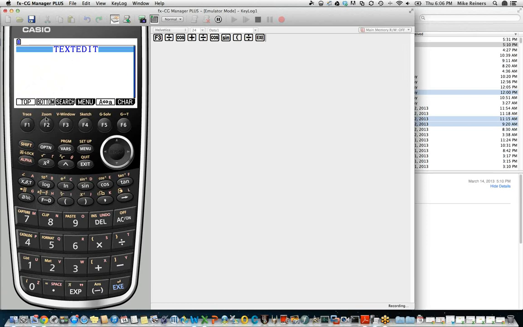One of the things we learned previously in our webinar series is that it's usually a good idea to clear the user's screen when you start a program. So we're going to open up our Programming Commands menu by pressing Shift and then the Variables key, which has Program above it in yellow. Pressing F6 to get to the next page. F1 for the Clear menu, and then F1 again for Clear Text. Press Execute to end that command line, and we've cleared the text on the user's screen with that command.